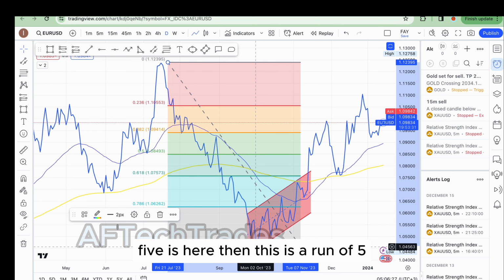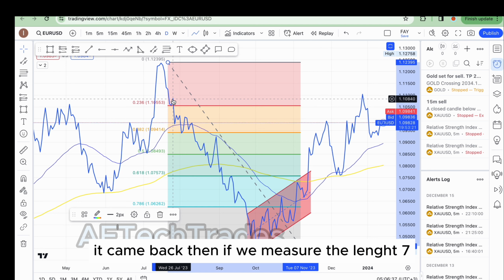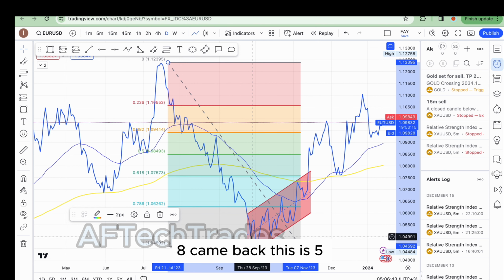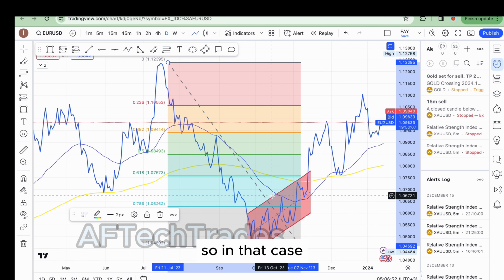Okay, 5 is here. Then this is a run of 5, 2, 3, it came back. Then if we measure the length, 7, 8 came back. This is 5, A, B, C. Then consolidation here, it breaks it again. Okay, so in that case